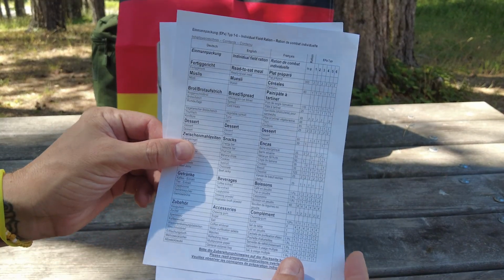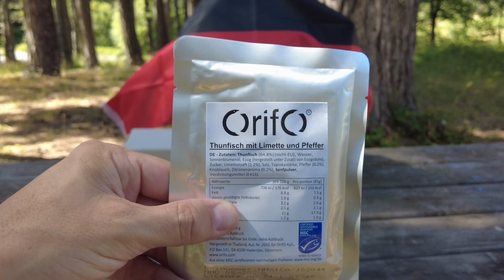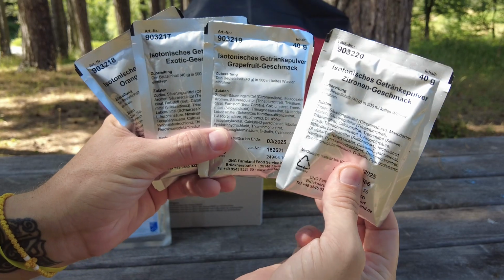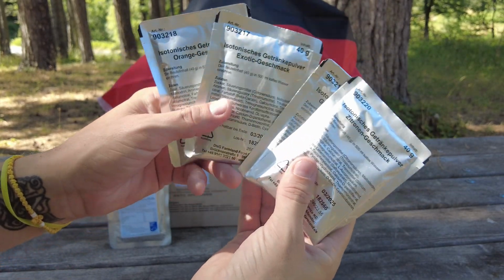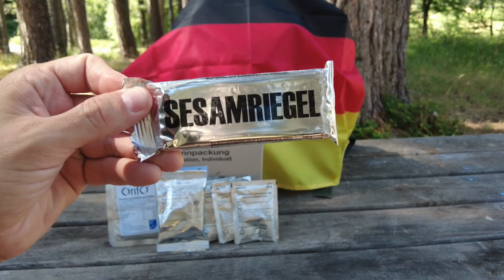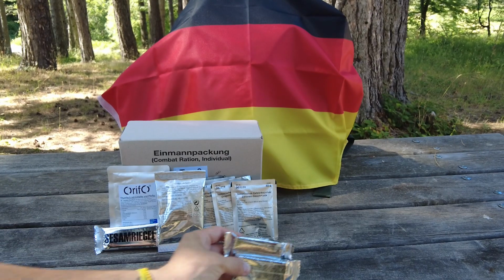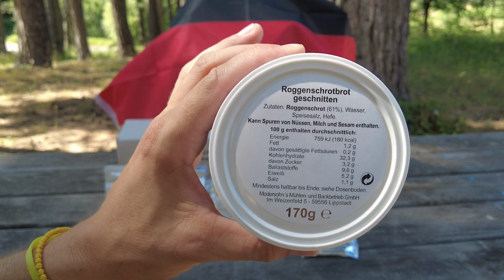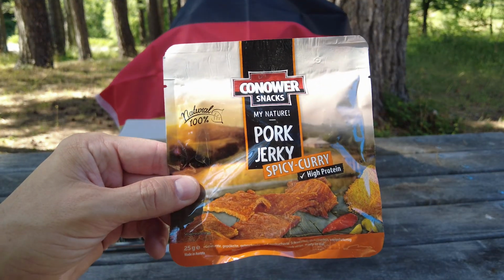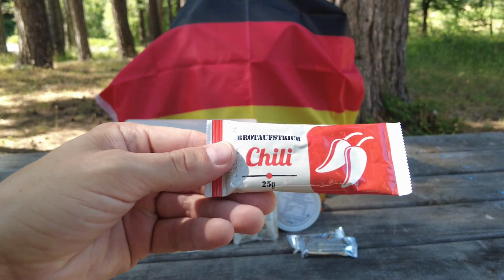The ration does come with a menu card listing all the items in here. First up, we have tuna with lemon and pepper. We have 4 isotonic beverages, 1 citron or lemon, 1 grapefruit, 1 exotic and 1 orange. We have a pack of cookies with chocolate, a 50-gram sesame bar, 2 25-gram bars of chocolate, a tin weighing 170 grams of whole grain rye bread, a 25-gram pack of pork jerky spicy curry flavour, a 25-gram pack of